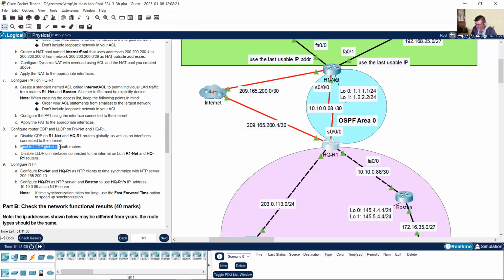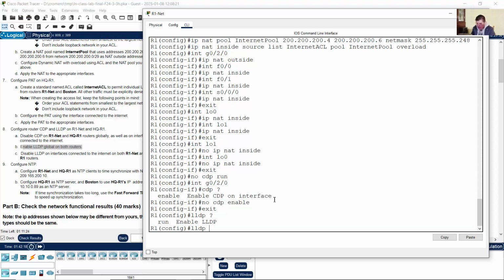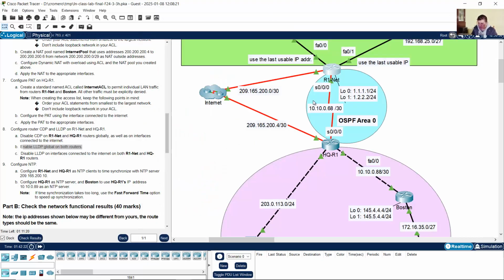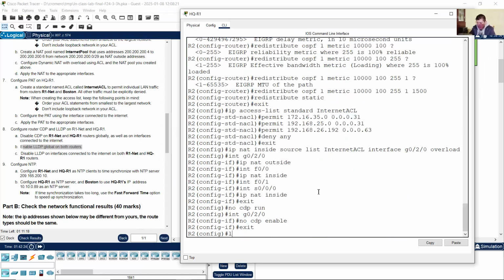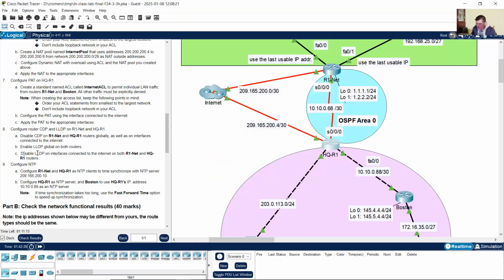Enable LLDP globally for both routers. Okay, on R1net, global configuration mode, lldp run. On HQR1, lldp run. Okay, now disable LLDP on the interfaces connected to the Internet